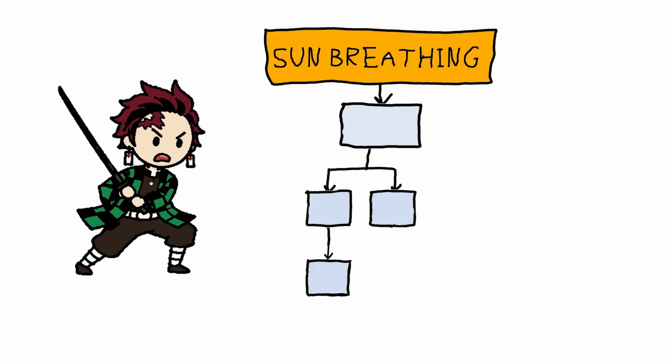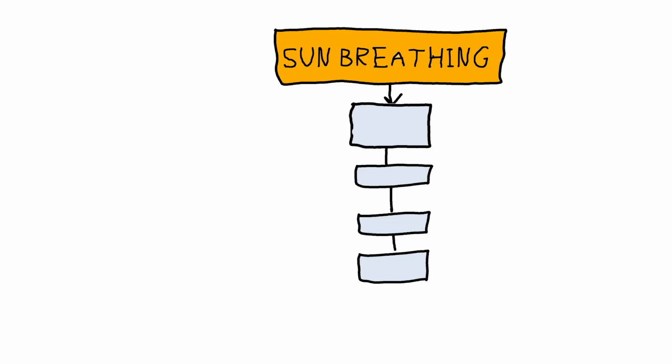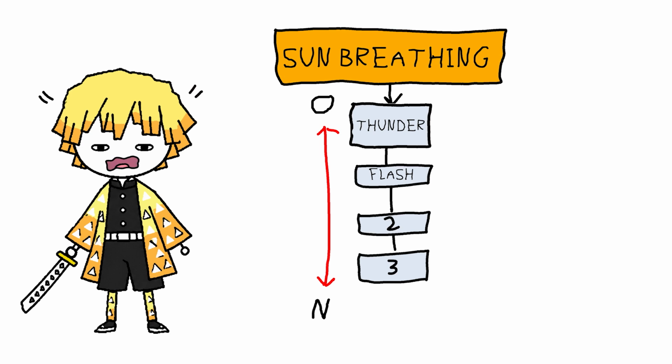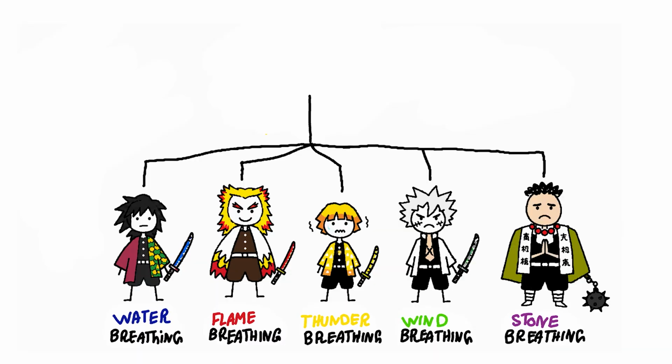And how deep the walk goes is the tree's height, the longest path from root to leaf. A tidy, bushy tree is short. A tree that's just one long chain is Zenitsu again. A tree where every node has exactly one child isn't a tree flexing. It's a linked list wearing a tree's clothes. All height, no branching. Your traversal is now big O of n deep and one panic attack away from a stack overflow. So a tree gives you hierarchy for free.